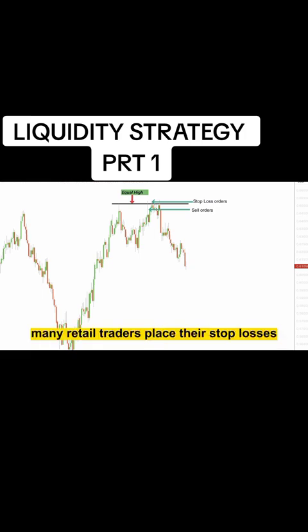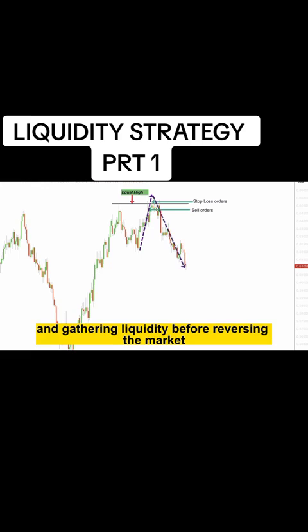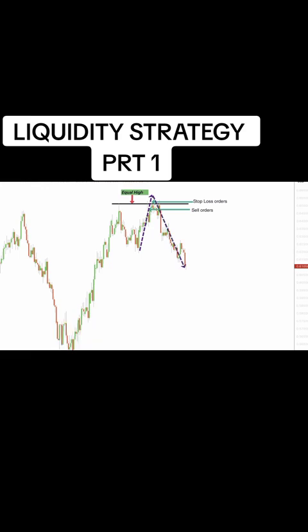Smart money knows that many retail traders place their stop losses just above these equal highs. To grab liquidity, institutions push the price slightly above the equal highs, triggering stop-loss orders and gathering liquidity before reversing the market. This creates a false breakout, trapping traders who entered